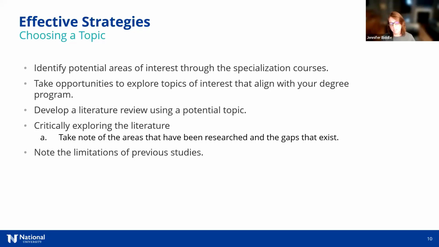There will be assignments in your content courses where you're able to pick what topic you would like to do. Choose a topic that might potentially become the comp prospectus topic, which will lead into the dissertation topic. Explore the literature that's been done on it. Okay. And when you critically explore the literature, you're taking note of the things that have been researched and the gaps